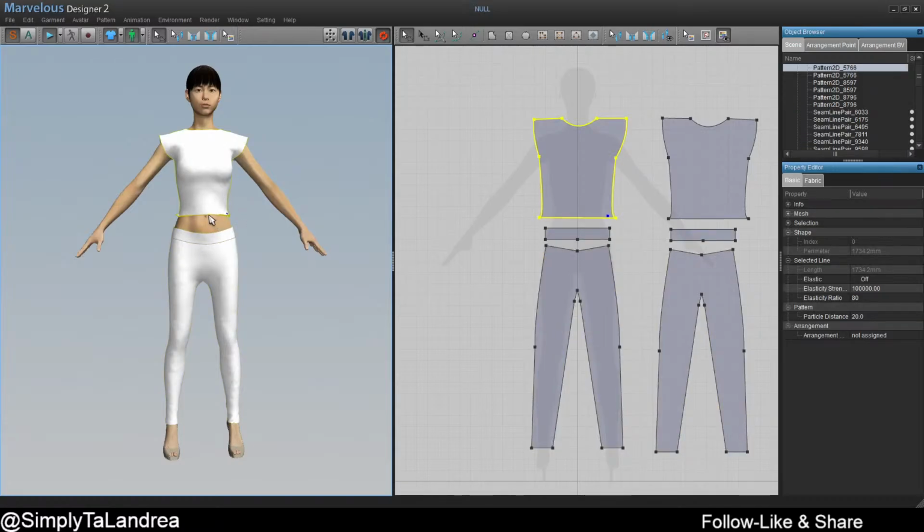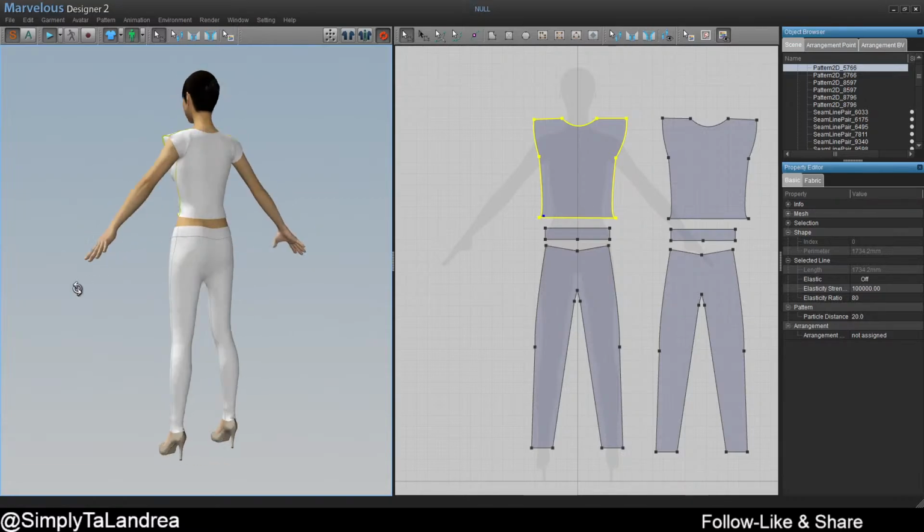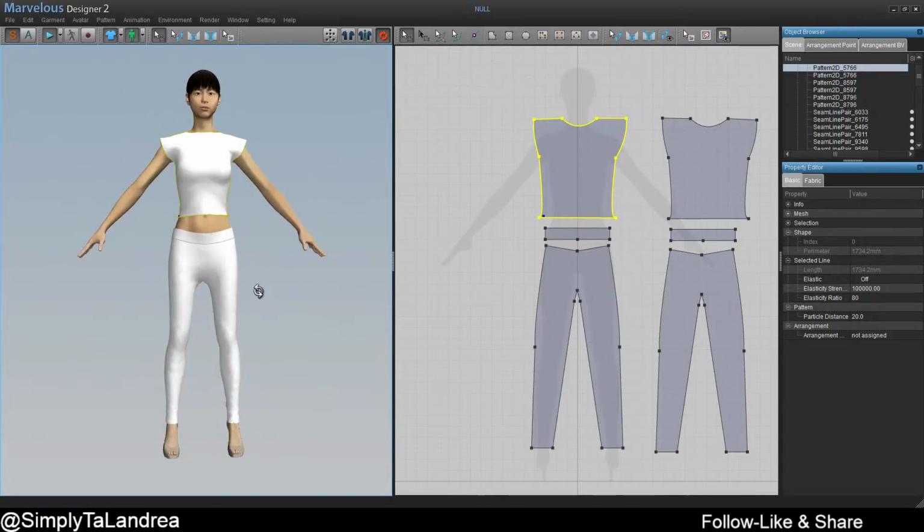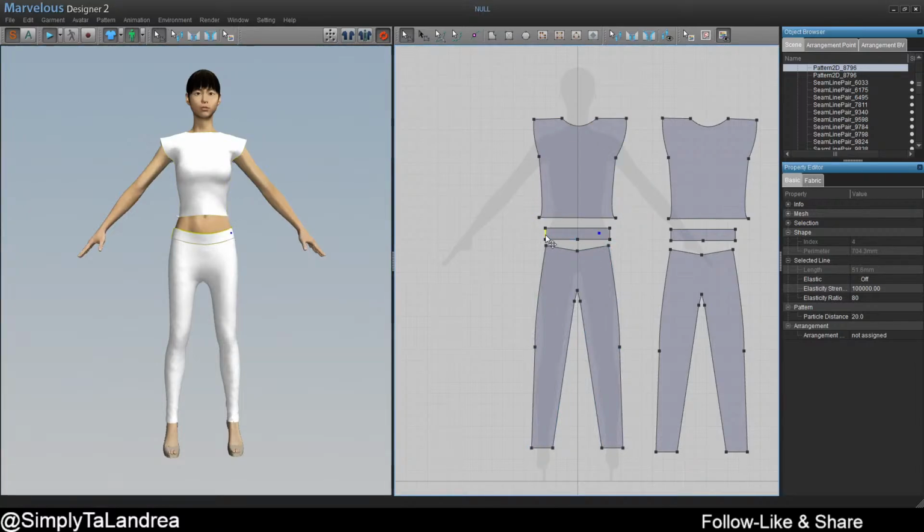I'm going to just tug at this shirt just a little bit. And that's the gist of how to make pants. Now, I don't like the way the seat is drooping on this,